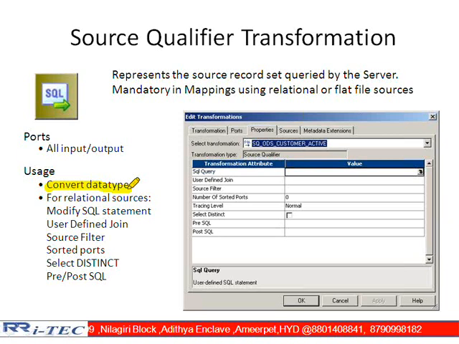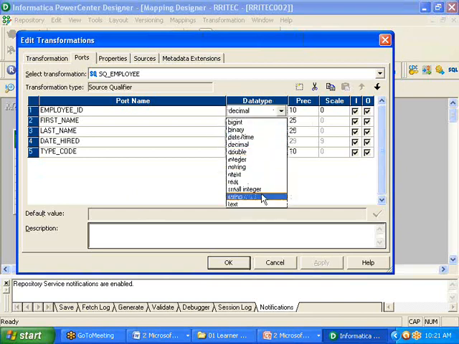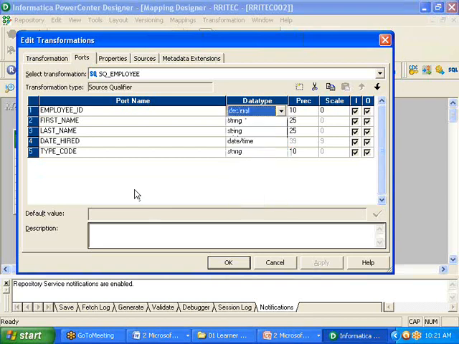So at the Informatica level, if you go and see here, do I have anywhere some number? What is generic? Decimal is available. So at the database level I have this as a number, and I am converting it into decimal.